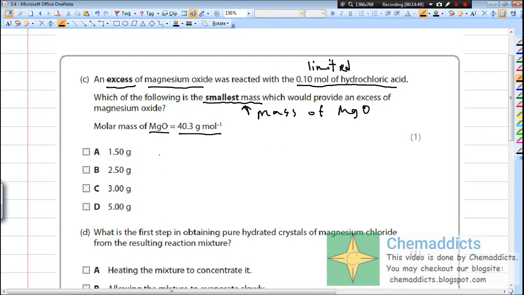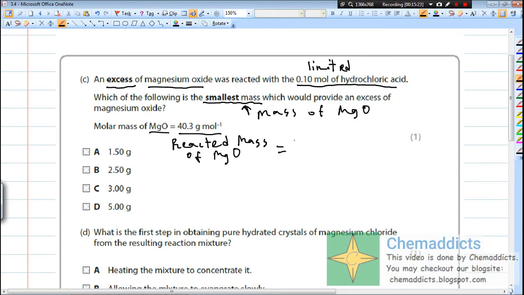So let us find the mass of magnesium oxide that should be added. Let's have a check over here. At first, let us find the reacted mass of magnesium oxide. Here the reacted mass of magnesium oxide is the number of moles